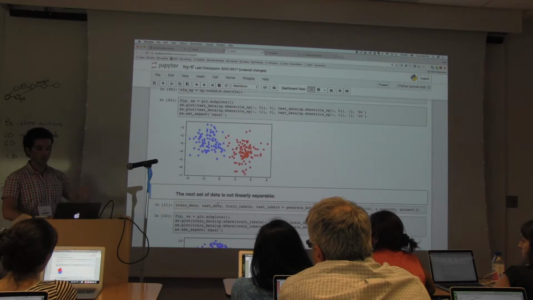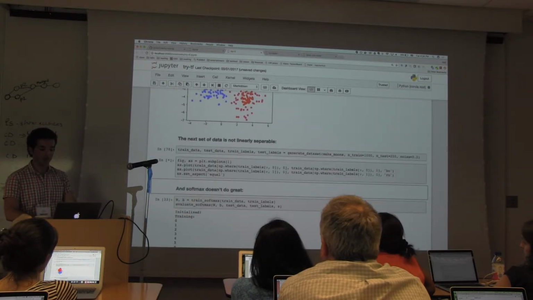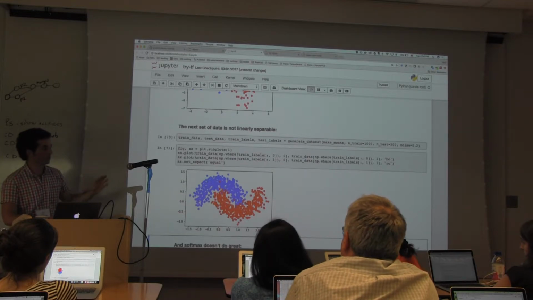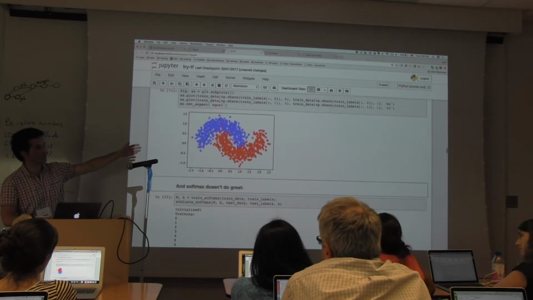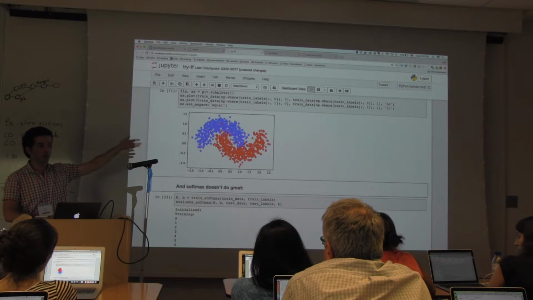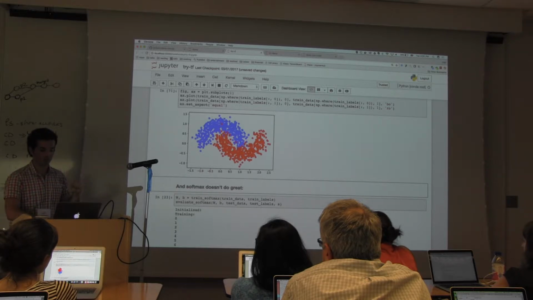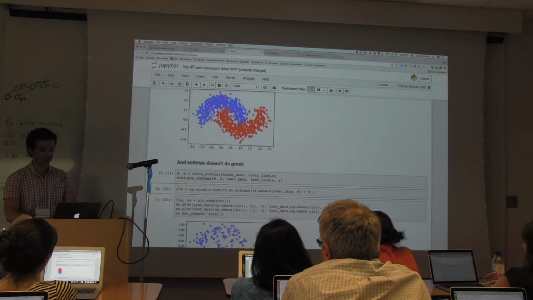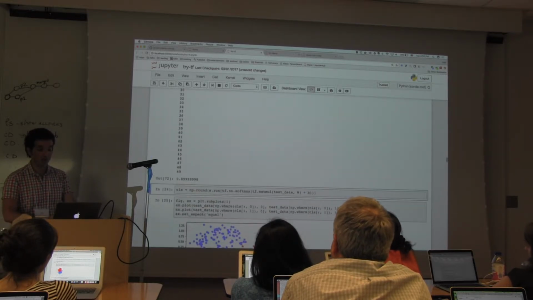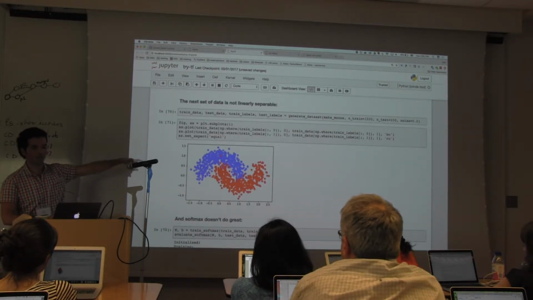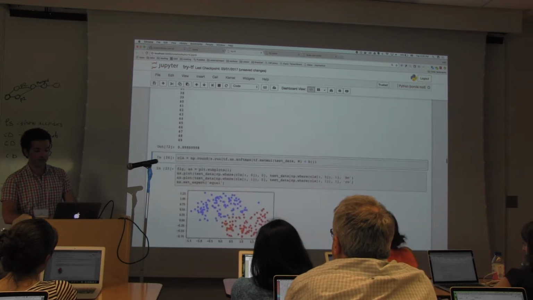Okay? Cool. Now I'm going to create a data set that's not linearly separable, right? Because there is no straight line you can pass through these that separates them, although it's clear that there are two classes here and they occupy different parts of the space of these two pixels that we were talking about before. And as it says here, softmax doesn't do so great. So now I'm feeding this new data that I created that has this moon pattern in it. And is